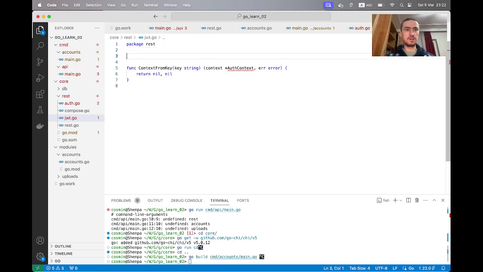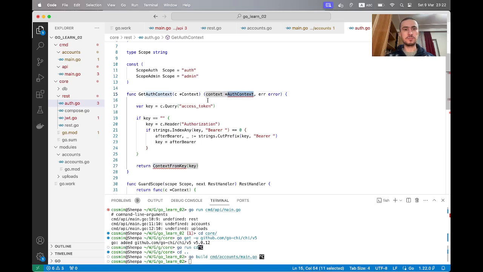For now, let's define our types and what we need to fulfill our dependencies in our authentication class,